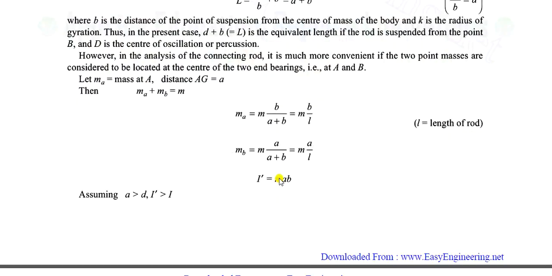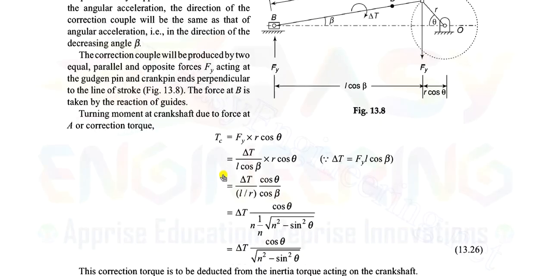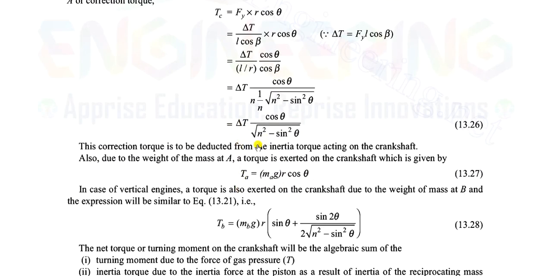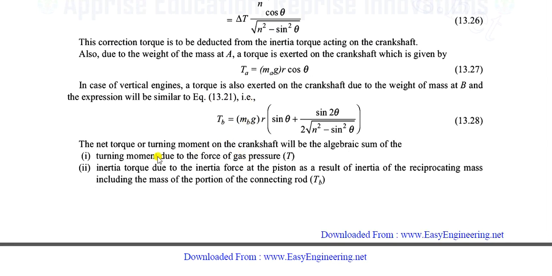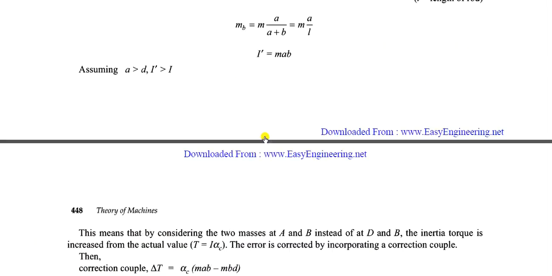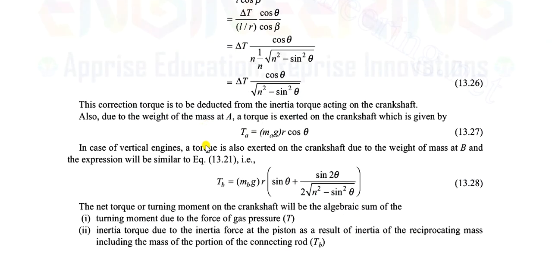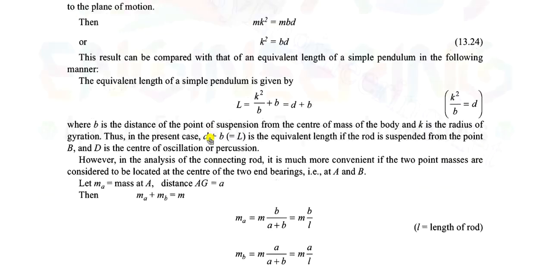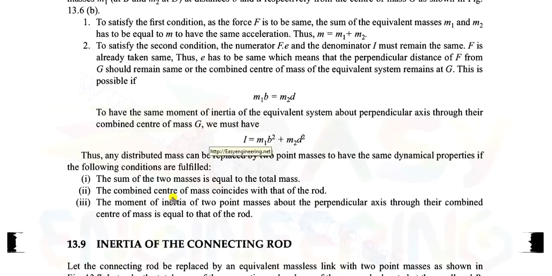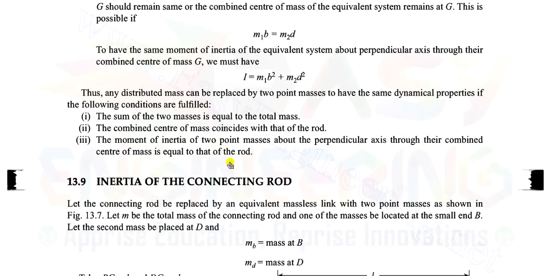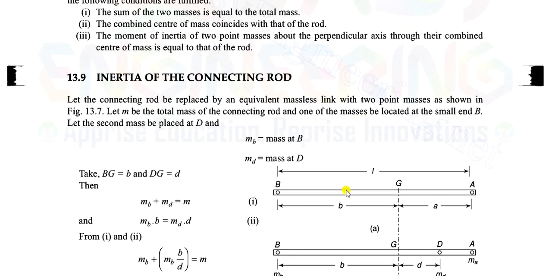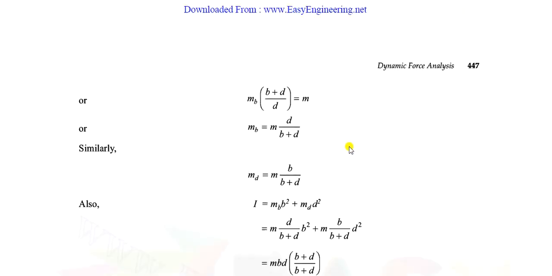So you can read this, it's not that much important, so I will leave it here and we won't even cover a problem on this topic. If you want, solve one example, that's all, otherwise you can skip this, but you should not leave the topic of dynamically equivalent system. You should cover this, and you will find easy problems on this topic in Khurmi and Gupta. Try to solve one or two problems, that's all.